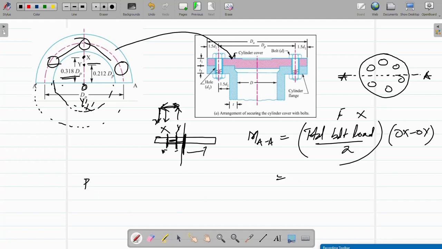Total bolt load is equal to... I have to calculate once, then I will communicate to you. Just give me some time for calculations. Pi 2840 into 26 multiplied by 8 plus